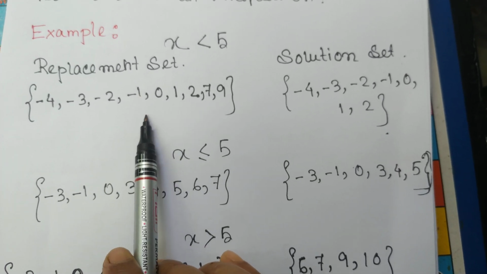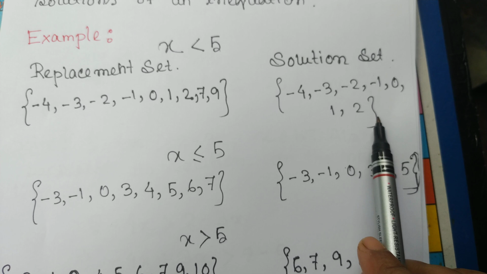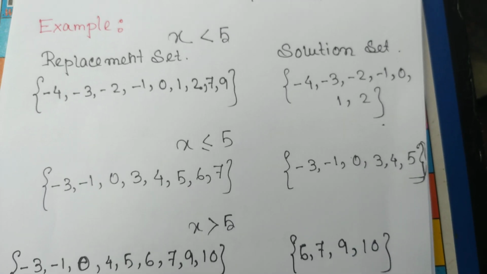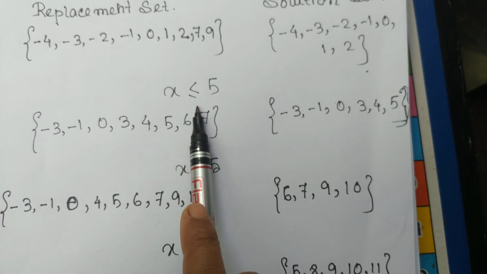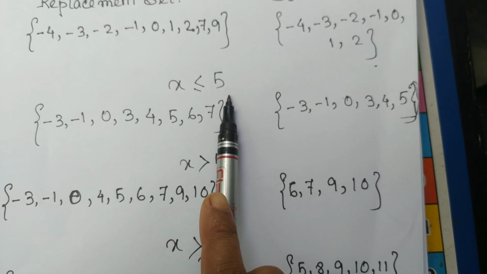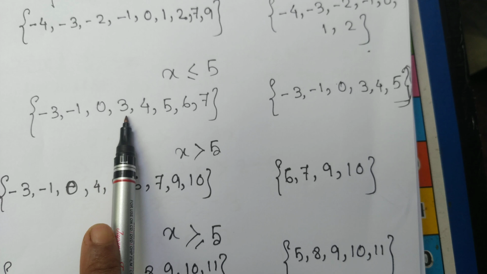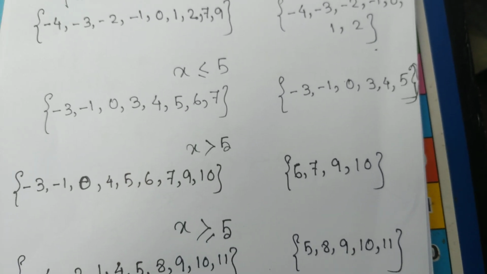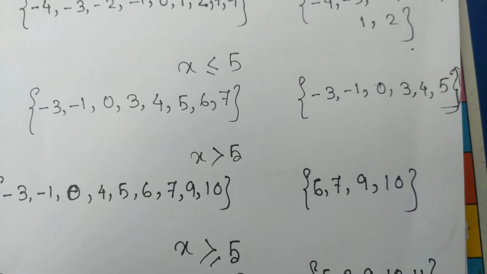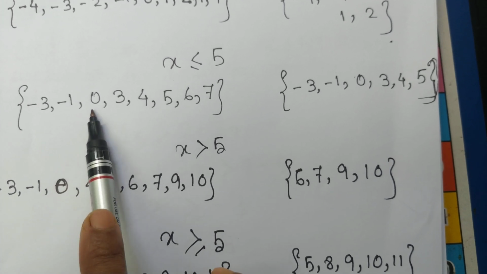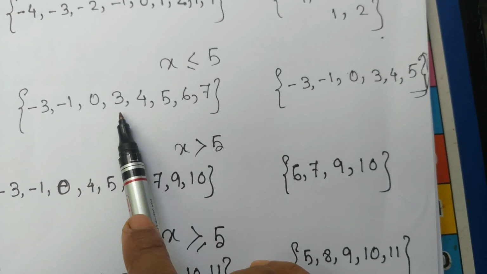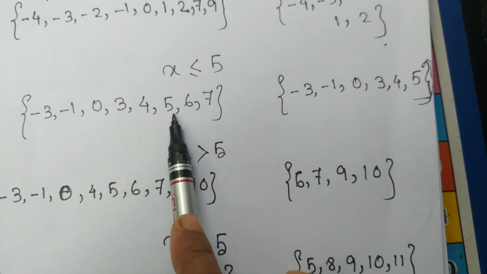See, that's what I have written. Now if x is less than or equal to 5 and the replacement set is given as -3, -1, 0, 3, 4, 5, 6, 7, what will be my solution set? -3, -1, 0, 3, 4 and 5. Why 5? Because here there is the equals to